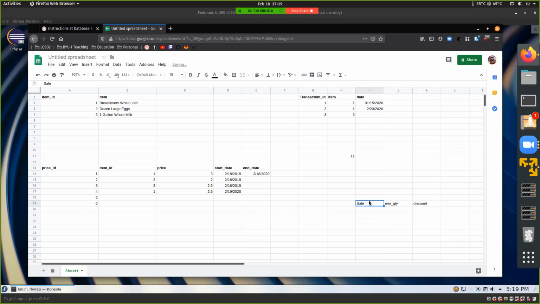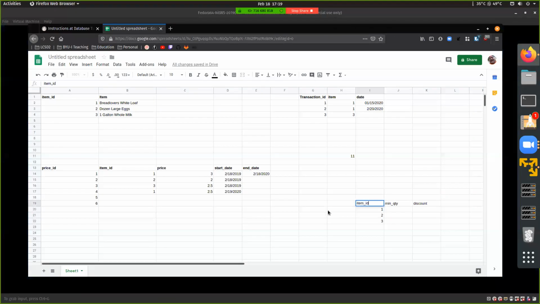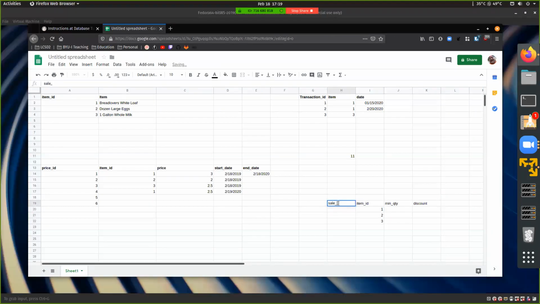So, something like that, where, because we need an item. Let's call this item ID, and then we'll move sale ID over here. So, and this is just off the cuff,